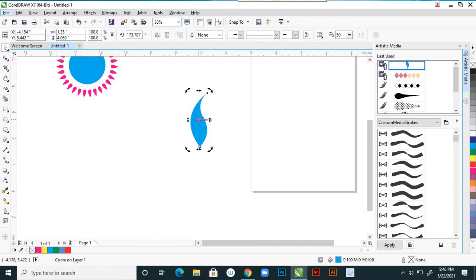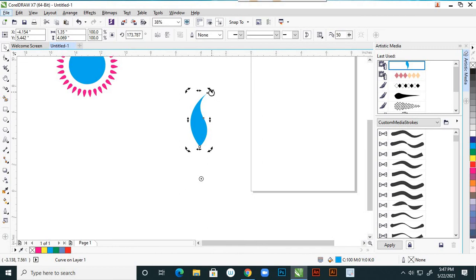So I'm using Alt on the keyboard. Press Alt with the left mouse, drag this circle here, right? Keep that point there. Then here I'm using Control on the keyboard. With the left mouse I move this, right?